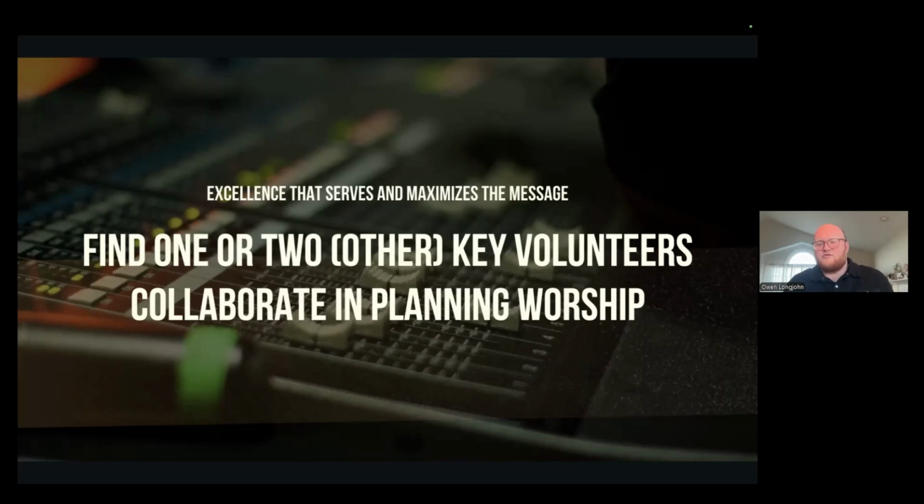And I think the more you invite your tech volunteers into those conversations, the more that gets them starting to think about some of these things, right? The more passionate they're going to be. The other thing that I would nuance as you are looking for volunteers or partners, if you are that key volunteer, I would really encourage you to look for people who buy into this concept, who are willing to go to those places with you.